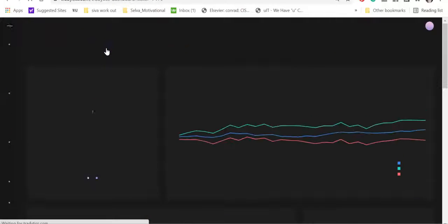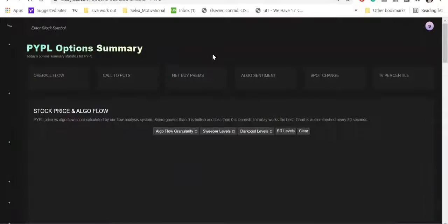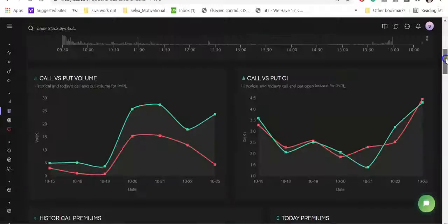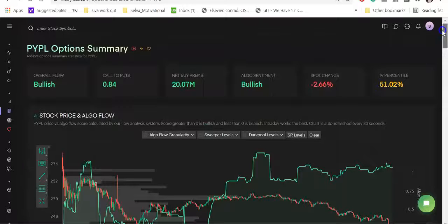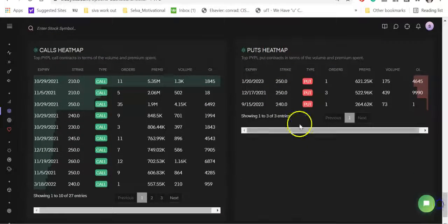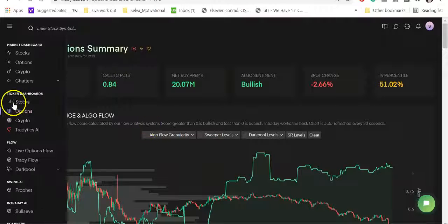Now let's look at AI. What is AI predicting? AI is predicting very bullish. Let's look at the flow. Flow is bullish. If you look at it, call premium is almost 84%. Algo is also bullish. You can see a lot of call activity, but a smaller number of puts. So I think it's quite bullish. Okay. Next stock will be